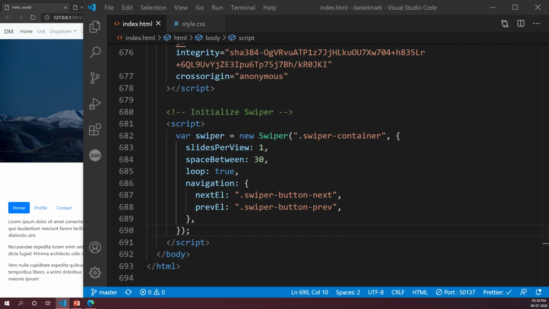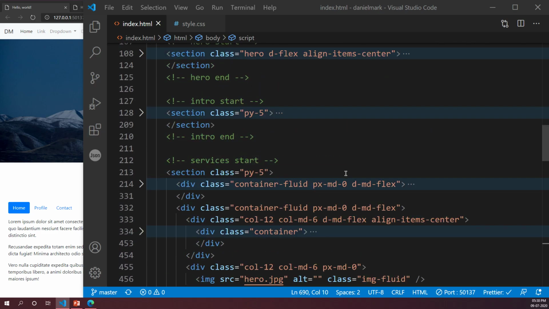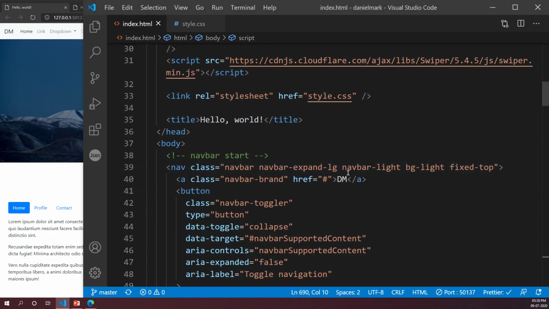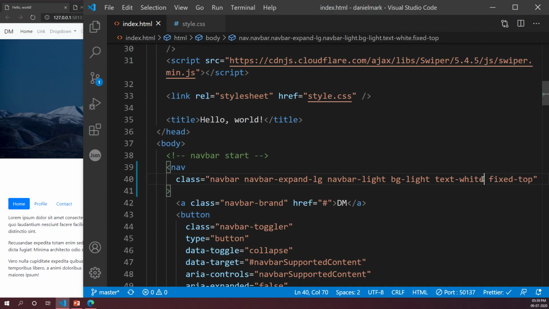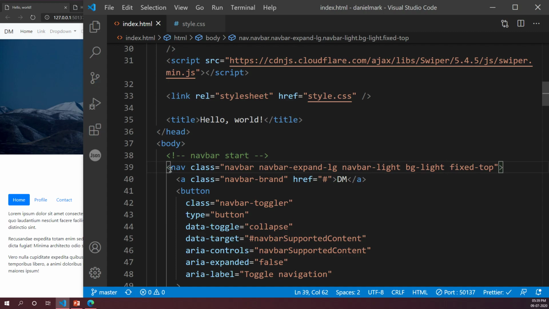You want to change the color of your nav bar? Okay, Sneha, go to your nav bar all the way to the top. You see the nav class, right? You see this class called BG Light, right? Just change that word depending on what color you want to put. And I want the text color to be changed. Then just add text white. It should change the color. Right. Nope, it doesn't change. Okay, this is slightly complicated.